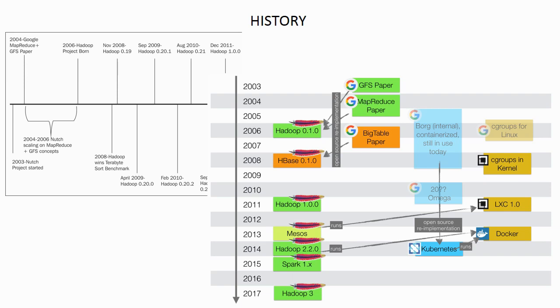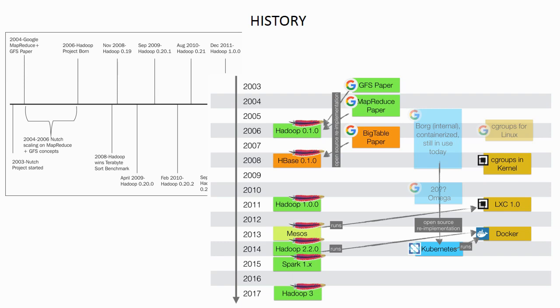It was not until 2011 that the first version, Hadoop 1.0, was released. So it took a while. There were lots of intermediate releases, of course, and many companies were using them. But Hadoop 1.0 was released in 2011. And then I think around 2014 we had version 2.0, and currently I believe the stable version is Hadoop 2.9.0, but Hadoop 3.0 has also been released.